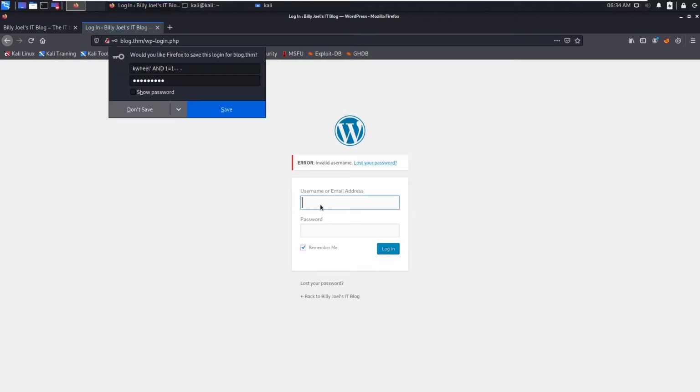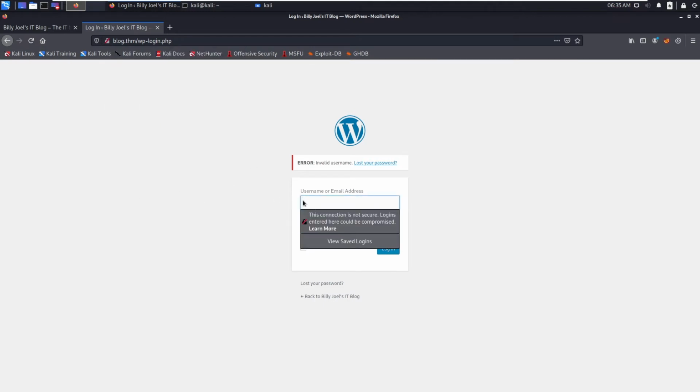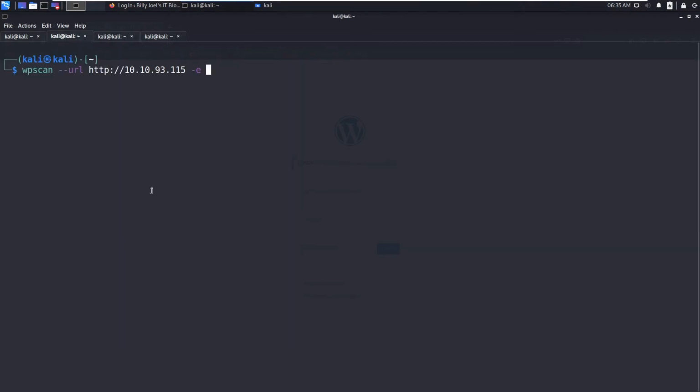So invalid username, let's try for true. Let's say hash admin. So invalid, so it's not prone to SQL injection. So it's also worth checking for this SQL injection. So we know the users. Now you can enumerate only for plugins and themes.